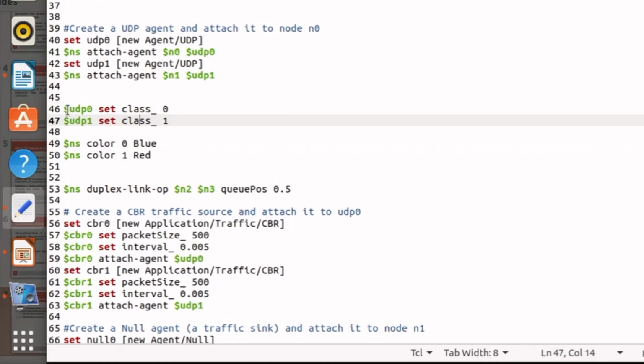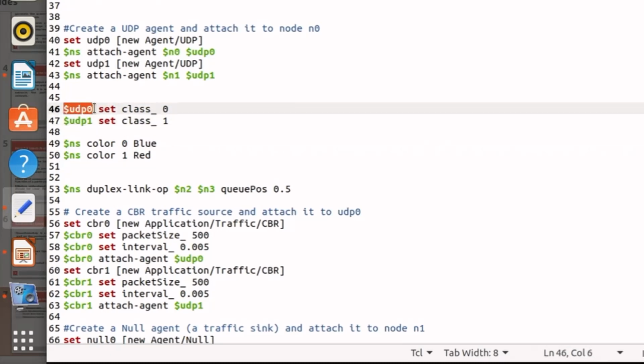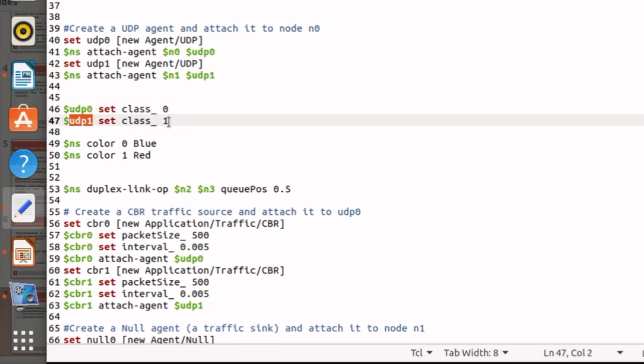For that purpose we will have to assign a class to every UDP agent. UDP 0 set class 0, UDP 1 set class 1.